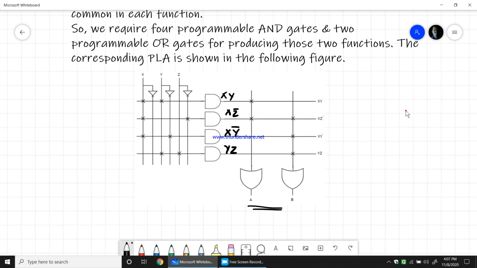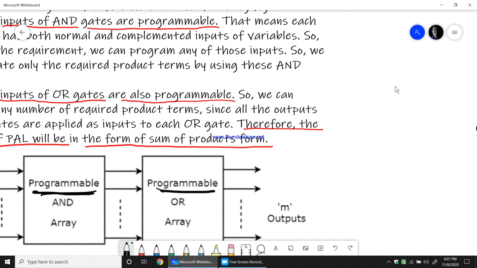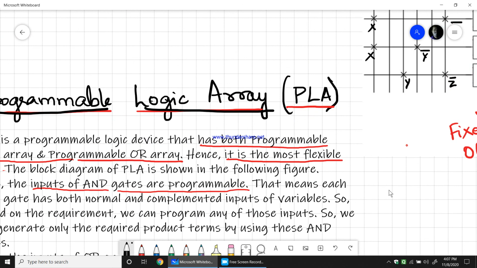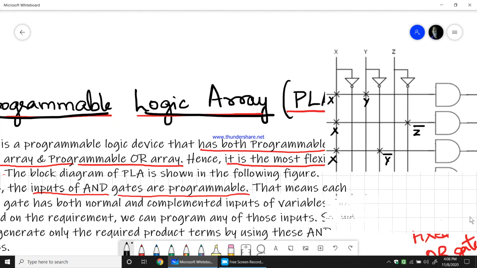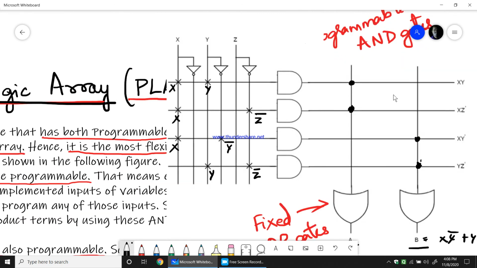So in the PAL diagram, whatever we have seen, the OR gate was fixed. You can't change it.